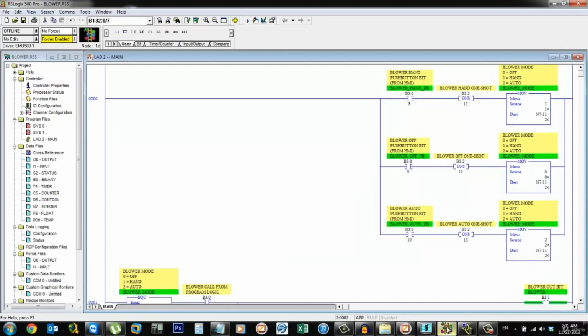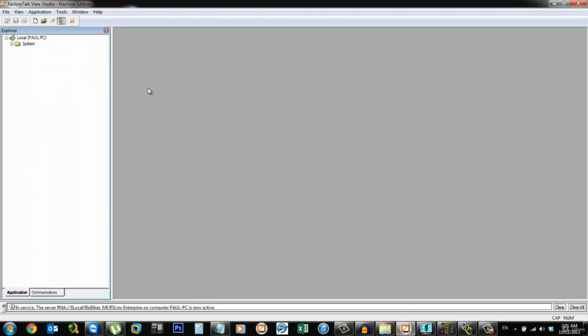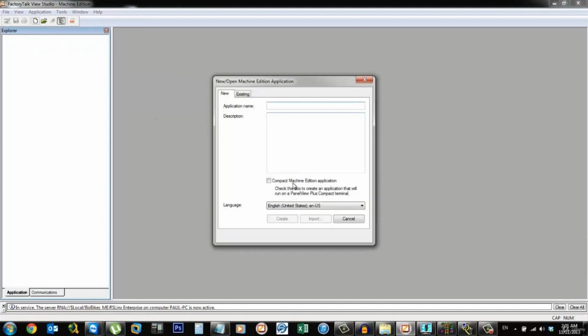So let's start developing our HMI. I have Factory Talk View Studio, which is Allen-Bradley's primary HMI development package. And we're going to come up here and click on the New Application button, and we're going to give it the name Blower Demo